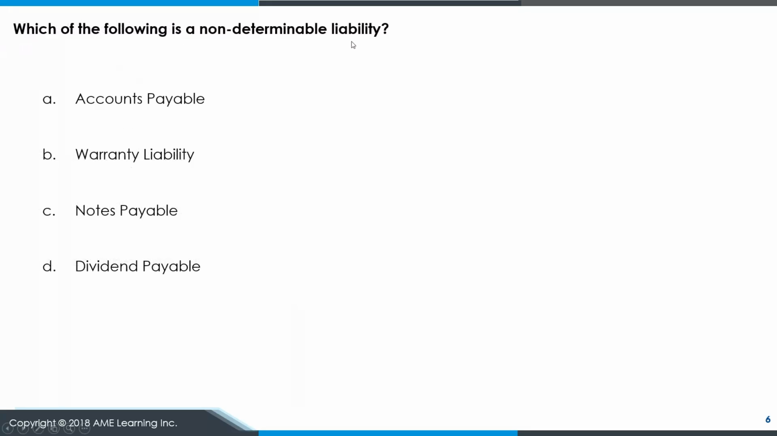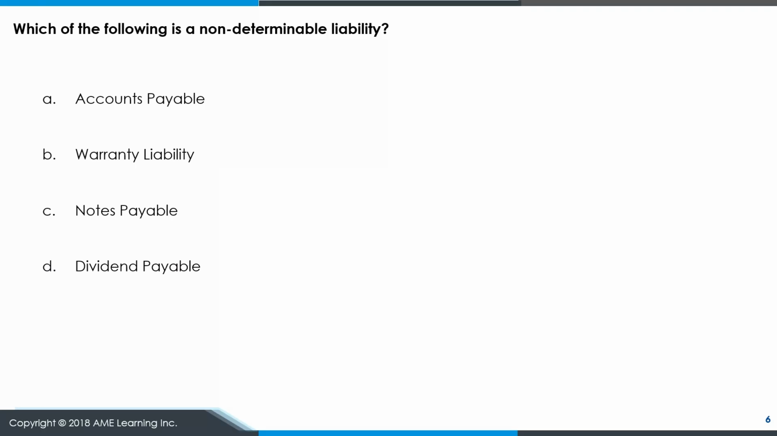Okay, which of the following is a non-determinable liability? So we talked about this here. Notes payable, you would know what you owe because it's set by the bank when you get that loan. Dividends payable is amounts that are going to be paid out to shareholders, and you would know what that was based on the calculations. Accounts payable, you'd know what that was based on the invoices you received and what you purchased. But warranty liabilities is really dependent upon how many claims do customers actually